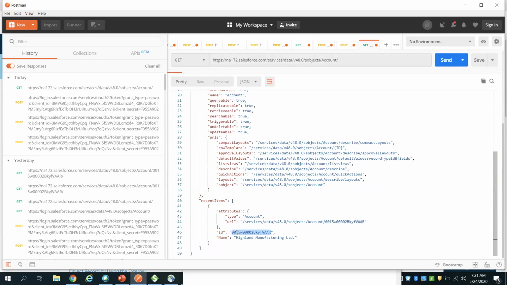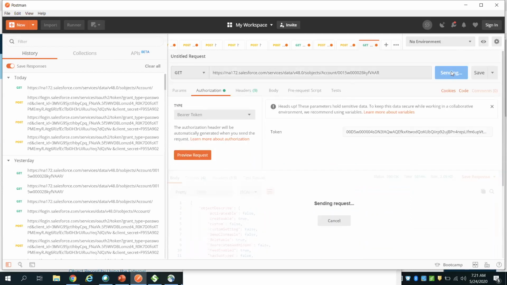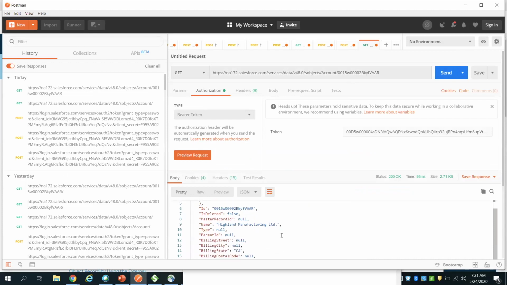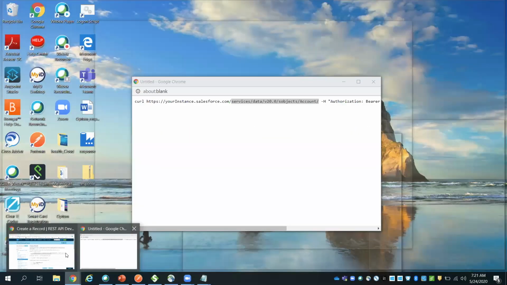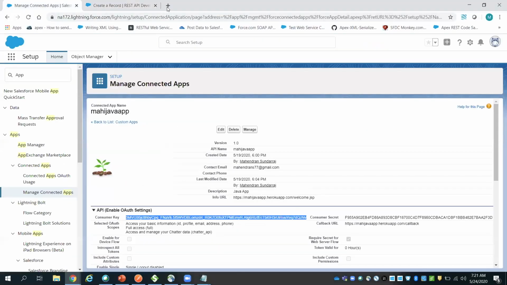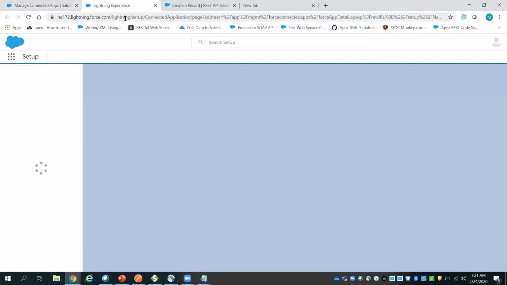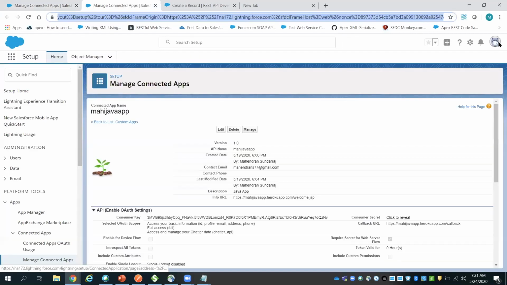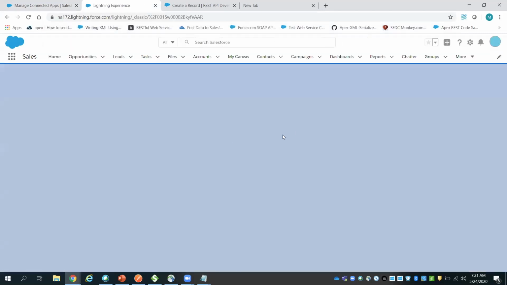So if I wanted to get more details about this particular record, I can just send it, and I can get all of it. If you see here, this is the data that you have in Salesforce. The same data, let me put it right here. It's nothing but this particular data.